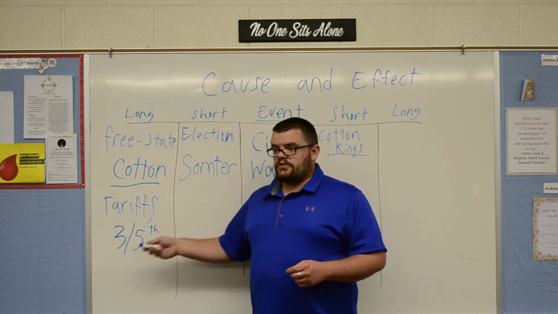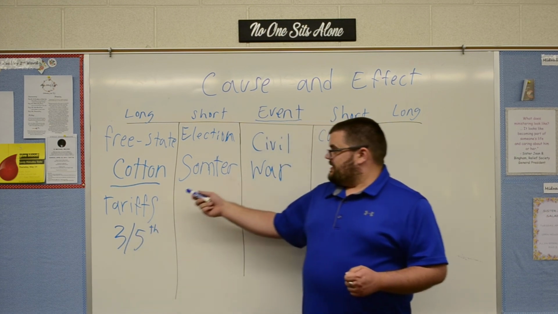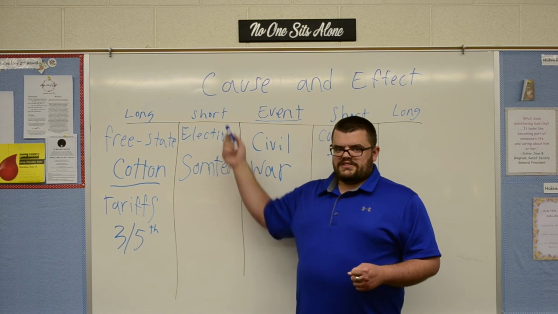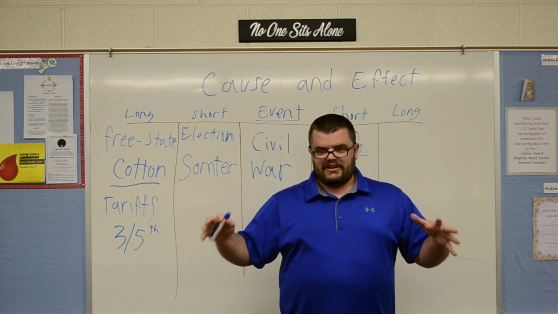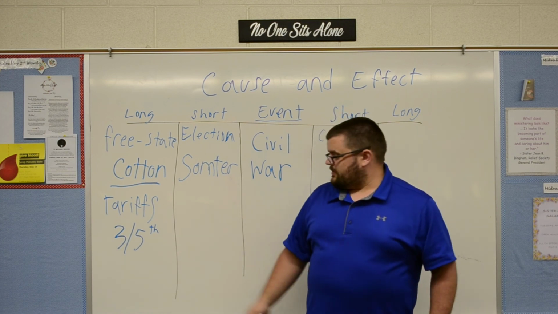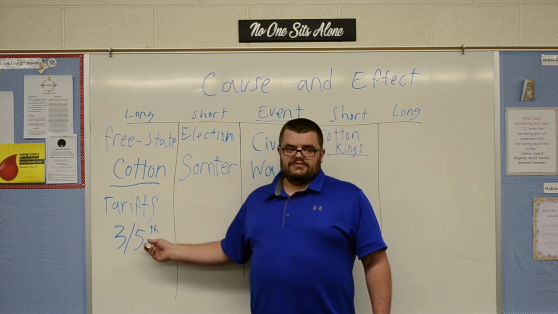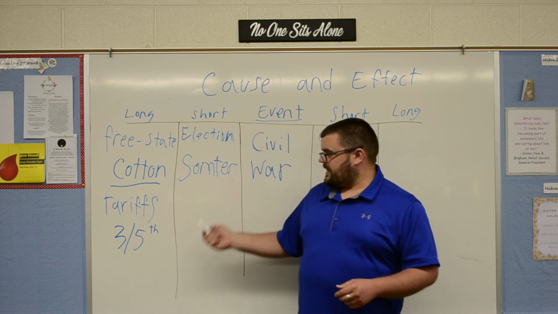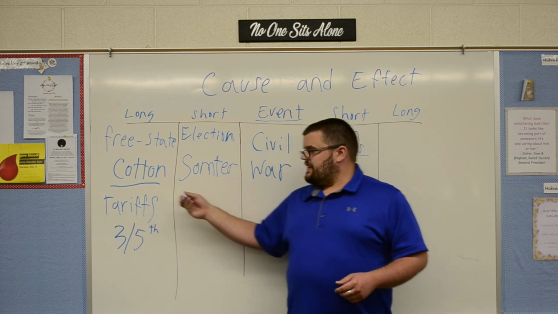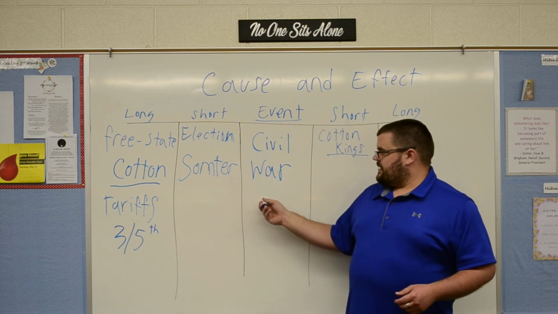because as more and more slaves are coming into the South, short-term wise, a lot of people in Congress in the North were going, wait a minute, we didn't know slavery was going to expand this far. We didn't know it was going to be growing in these great numbers, so pretty soon that three-fifths compromise was going to mean nothing. So these tensions are building up between the North and the South. And these are, like I said, the long-term causes that feed into the short-term causes that lead to the event.